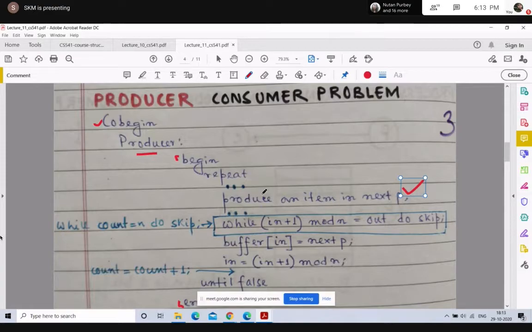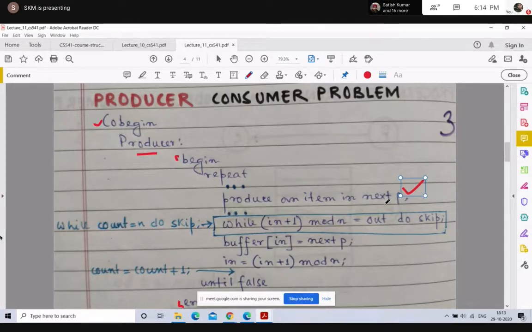After that, the producer process will check if there is any vacant space in the buffer or not. Once it has produced an item, it will place that item into next P, and after that it will check whether there is an empty slot in the buffer or not.